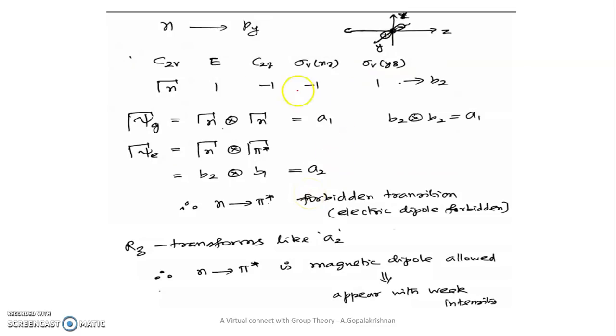Now the non-bonding orbital, the non-bonding electrons are actually present in the py orbital. The non-bonding orbital is the py orbital here. The py orbital is perpendicular to the screen, which is present on the oxygen atom, right?